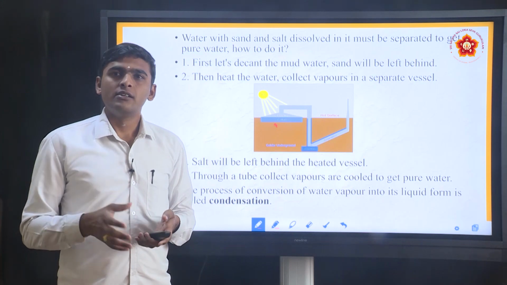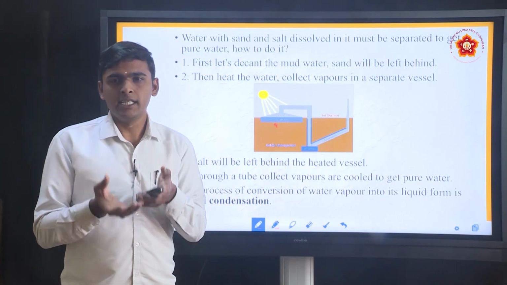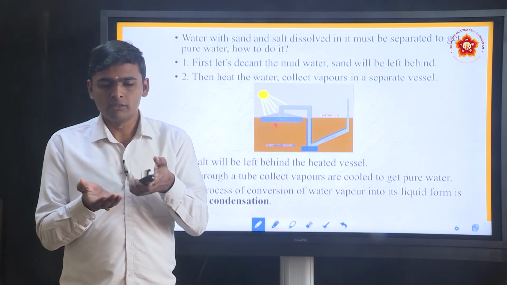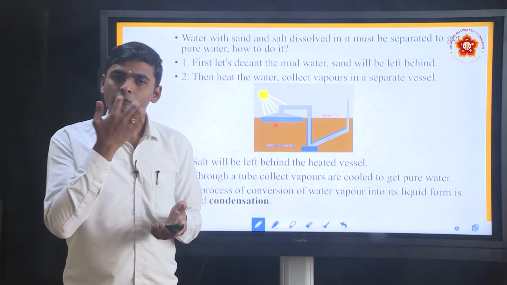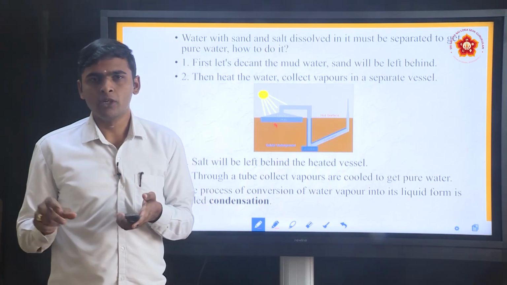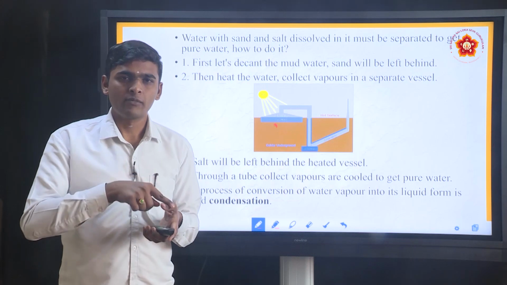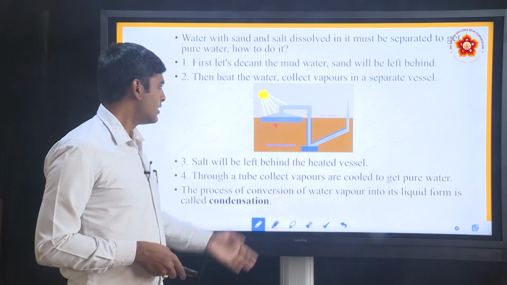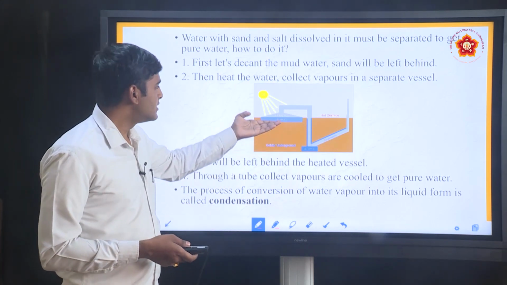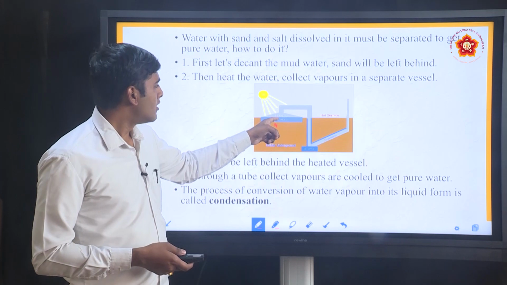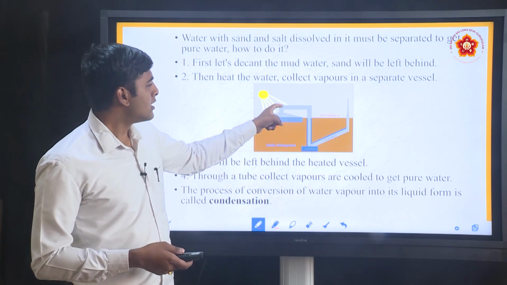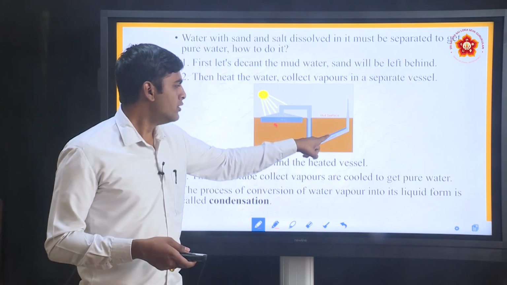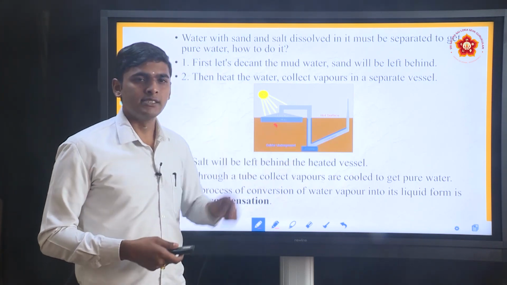So, before that we have to do sedimentation and decantation. The mud particles will settle down, the water will be poured out. So, we will get the water and the salt, because salt will get dissolved in the water. So, we can easily remove the mud by sedimentation and decantation. Then the sea water, that salt water, is allowed to get heated up, that water will come up and the water vapor will be collected down, that is cooled to get water, that is called condensation.